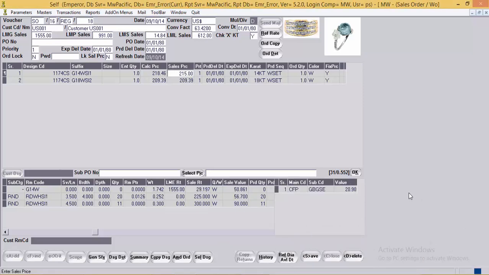As we saw here, the pricing in an order can be made easier with the help of PDCM. But there are some rules in the PDCM. The first one is, the PDCM master stores unique party, design, suffix, size records. The second one is, each customer can have only one voucher, and that can have one record for a unique design code, suffix, size combination. The next one is, PDCM must be updated periodically to reflect changes in the rates or other factors.